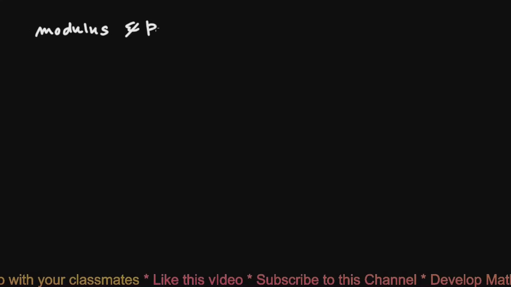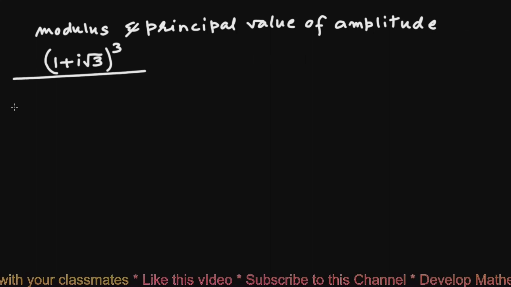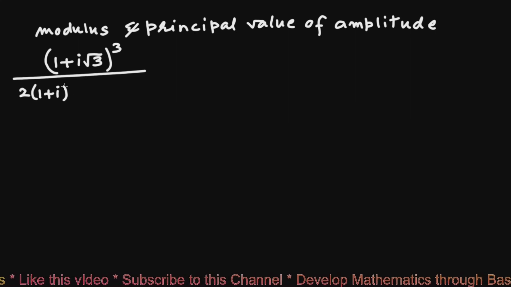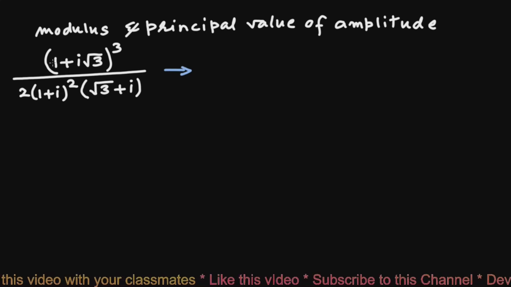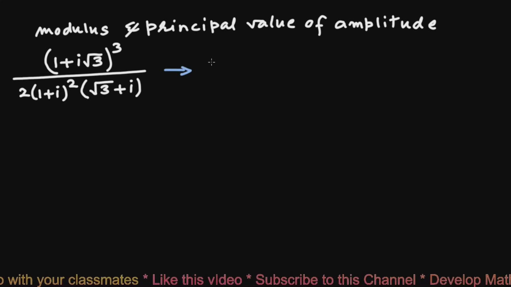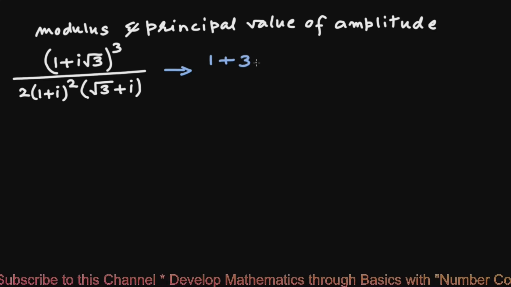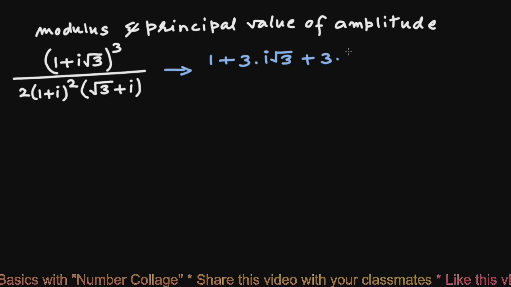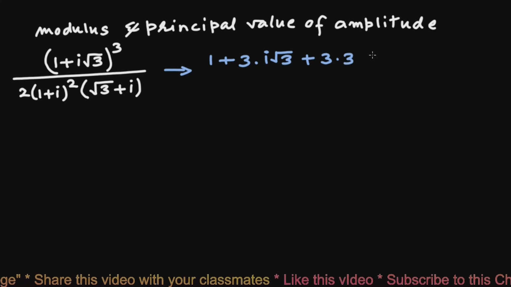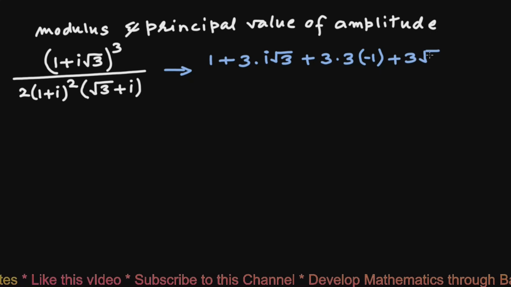How to find modulus and principal value of amplitude of 1 plus i root 3 whole cube upon 2 into 1 plus i whole square into root 3 plus i. This can be further simplified as 1 plus i root 3 whole cube will be 1 cube, which is 1, plus 3 into 1 square, which is 1, into i root 3, plus 3 into 1 into i root 3 square, which is 3, i square is minus 1, plus i root 3 whole cube will be 3 root 3 i cube,